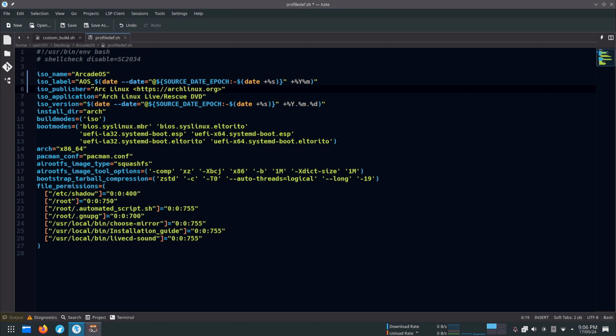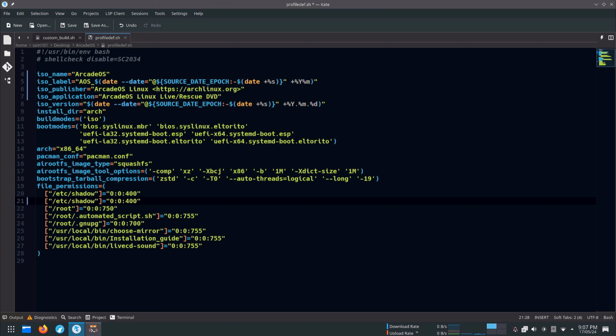Same thing here for the ISO publisher and ISO application. Change Arch Linux to Arcade OS Linux. Now for the file permissions section, simply copy the line and paste it. Then change shadow to gshadow.